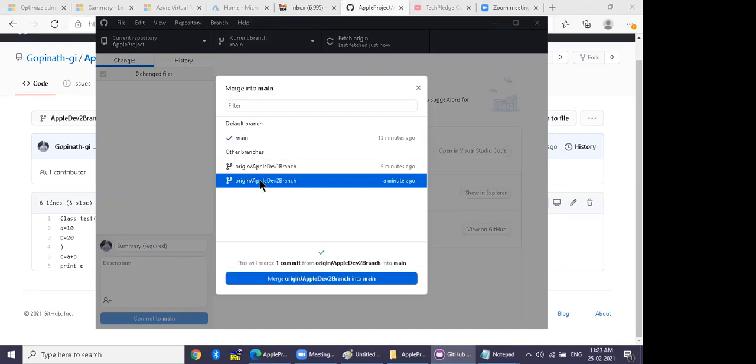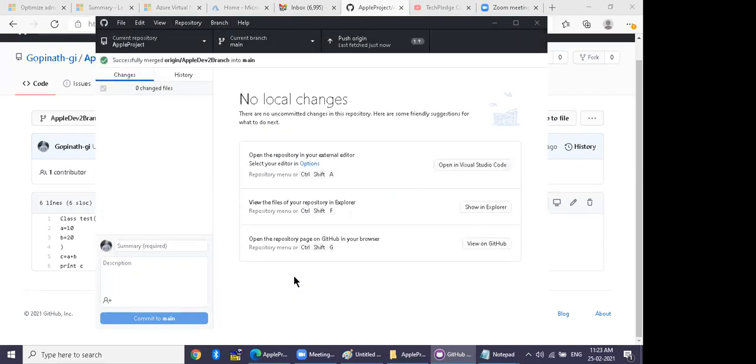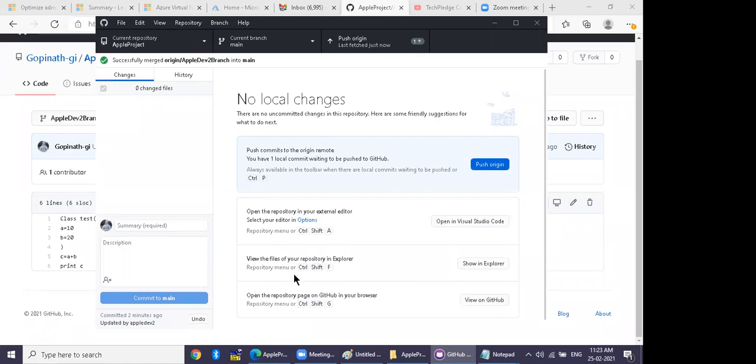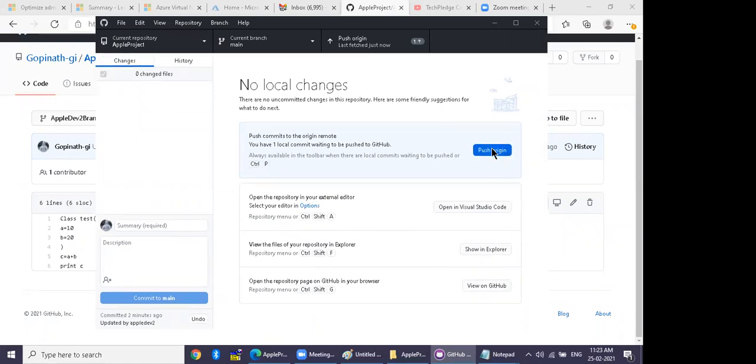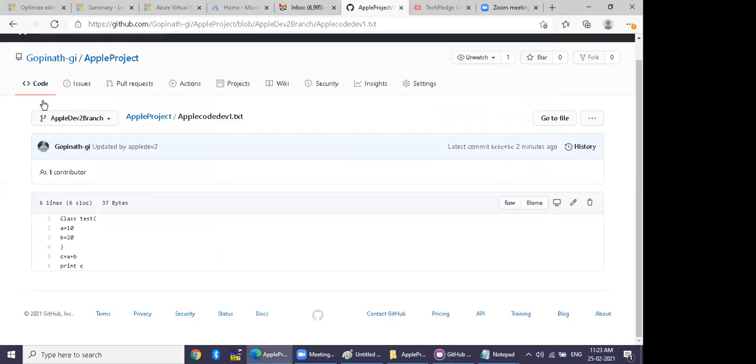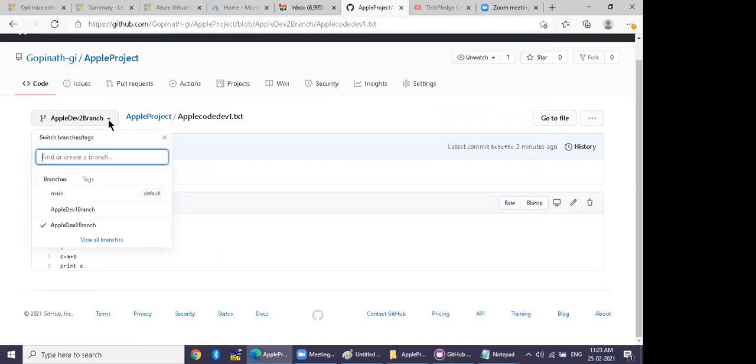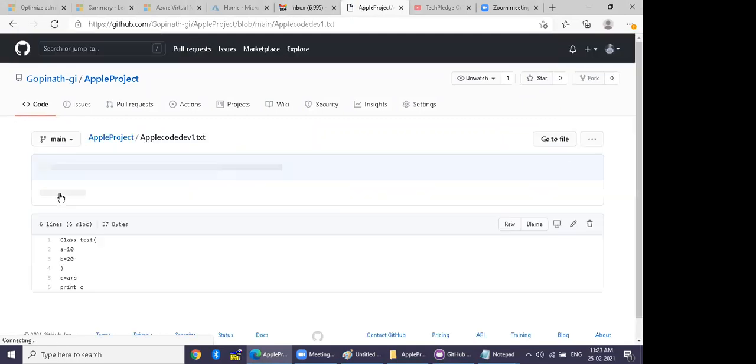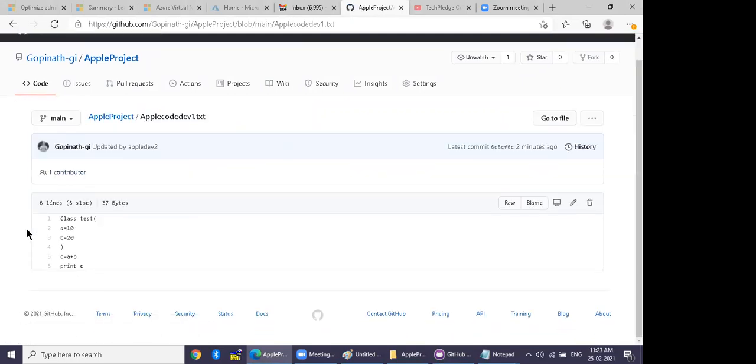Only dev 2, because dev 1 has half code, right? Correct. Very good. Push origin. Very good. You understood, right?